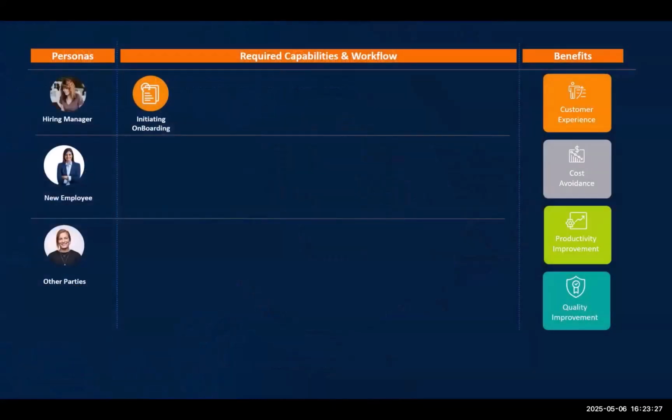Well, I will start by being a hiring manager, and I will initiate the onboarding of a new employee that would start within my company. So I will go into Digital Workplace and initiate the onboarding. That will create tons of activities. First of all, the new employee will get an email saying, welcome to our company. Please create an account and follow this link to do it and the instructions. Once that's done,